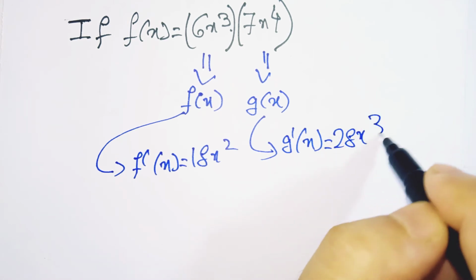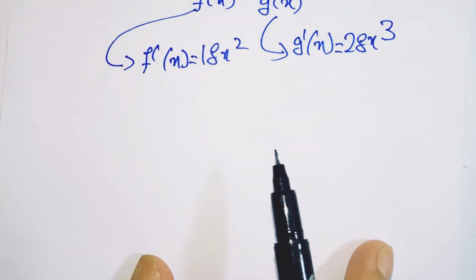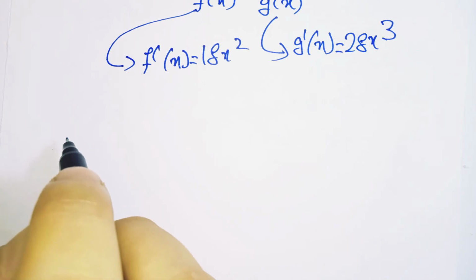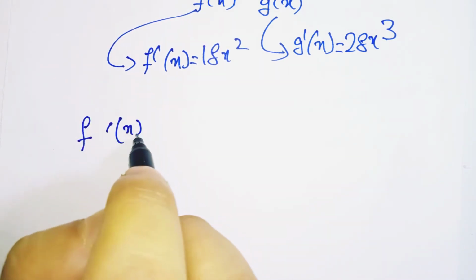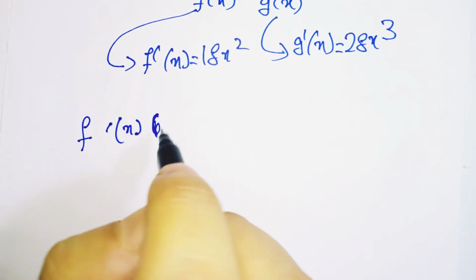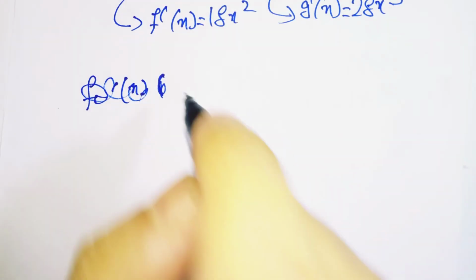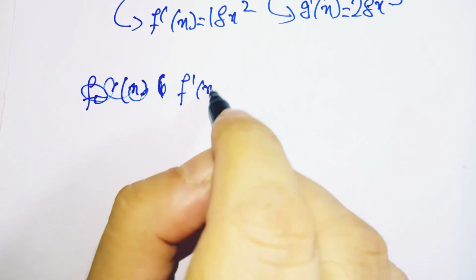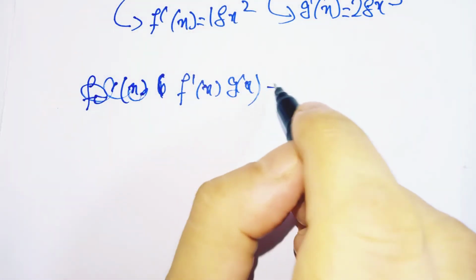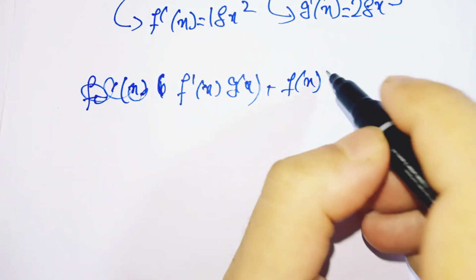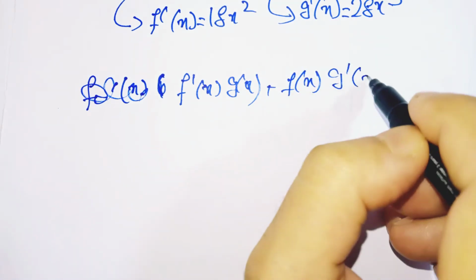28x⁴ minus 1 would be 3. Right, so from here what we can do is that if we again use this formula, f prime of x equals g(x) times f(x)... I'm so sorry, this is a little bit messy. So if I use this formula, f prime of x g(x) plus f(x) g prime of x, from here